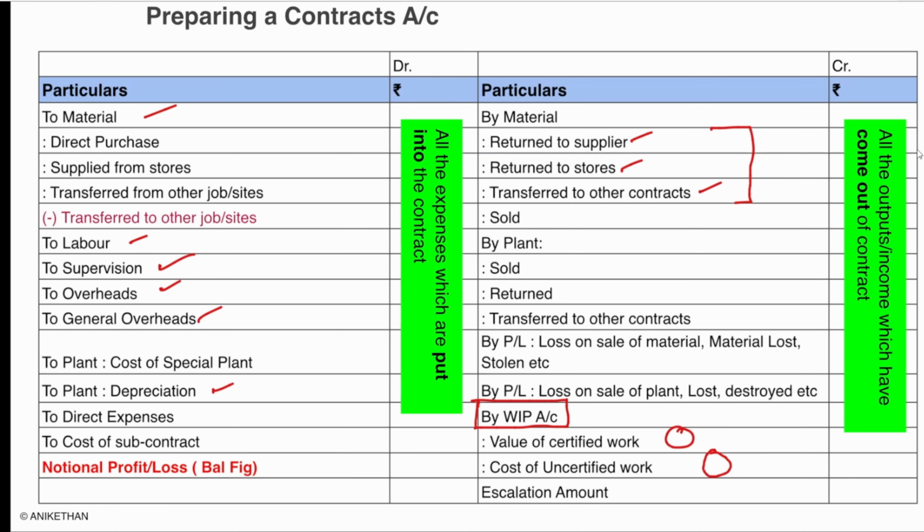These two are very important and you should know how to find out either value of certified work or cost of uncertified work if it is not given directly in the problem. Then if there are any escalations, so that escalation amount also is on the credit side. What is escalation? Since the contracts are long-term projects, I cannot for sure say in 2 years my material or labor cost is so much. So the contractor will say if there is an escalation in these material prices beyond some percentage, you have to compensate me. So such escalation clauses are written in the contract in detail. Either they will be tied up with some of the index like material index or inflation, and if it goes beyond that, then escalation clause will be effective and that amount will be credited on the credit side of the